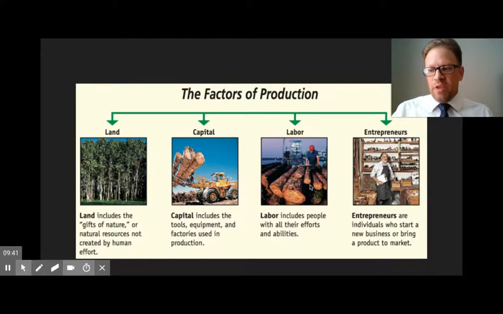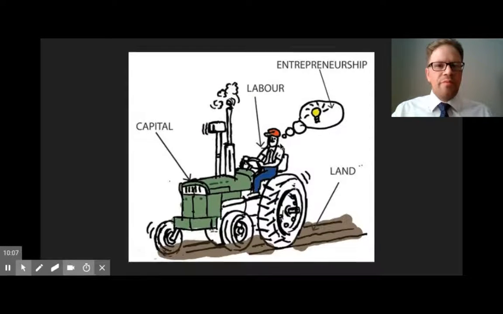Now there's kind of a subset of labor that is considered entrepreneurship, which are human resources that assume the risk of organizing other resources to produce goods and services. So when people are using entrepreneurship, entrepreneurs are going to risk economic failure in return for the possibility of earning a profit. So another way of thinking of entrepreneurship is: labor, people have an idea, and that idea is entrepreneurship.